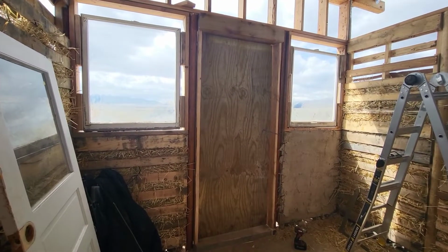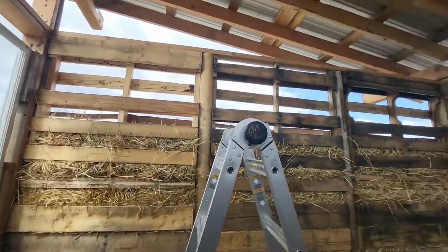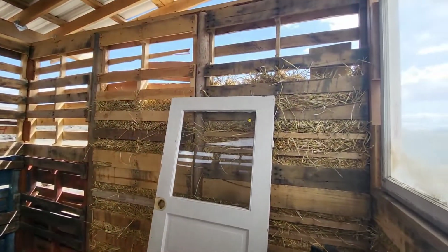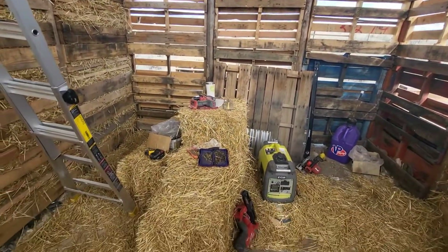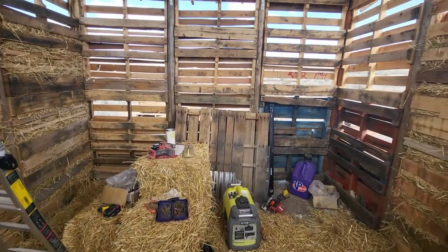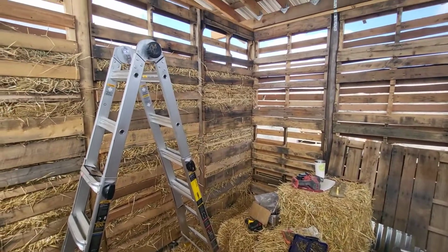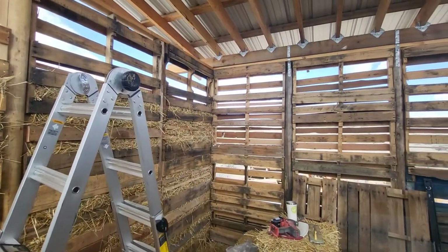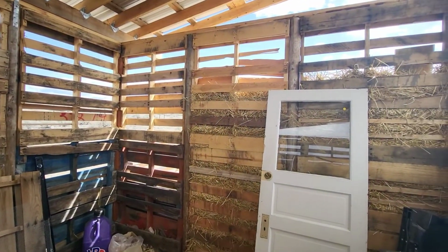Alright, back in the pallet shed. Today is going to be the day that I finish all the pack out of the straw. It's about 11 o'clock, getting a little late of a start, but I think it's doable. Hopefully I can get all this straw out of here and be ready for maybe finishing the floor and then starting the adobe plaster. It's been kind of a slow thing. Your fingers definitely get tired packing it in there, but I think I'm going to push today and try and